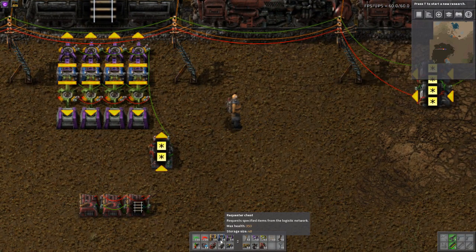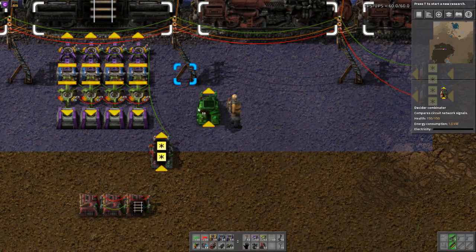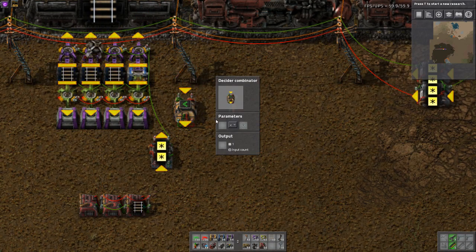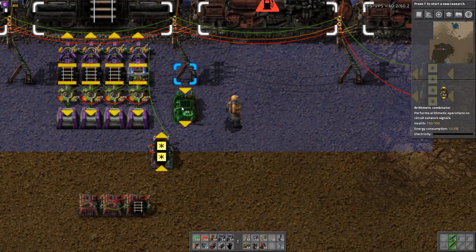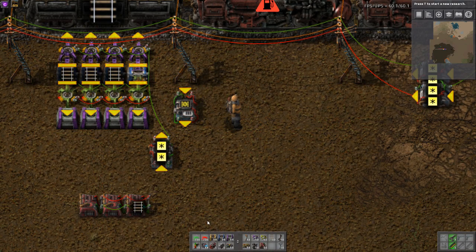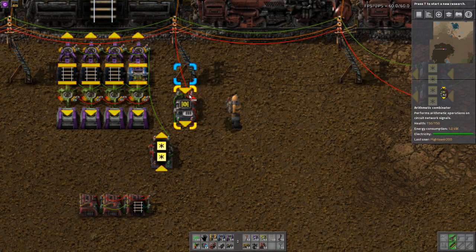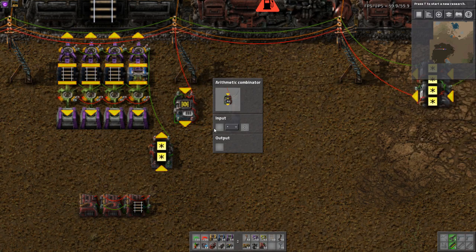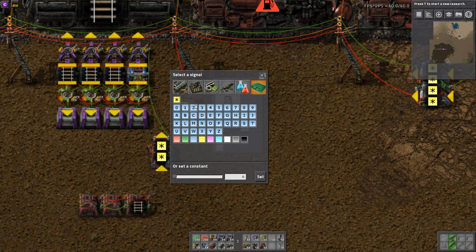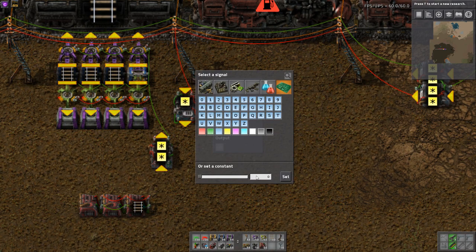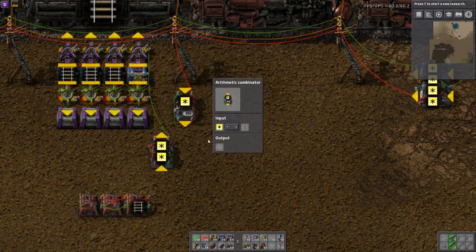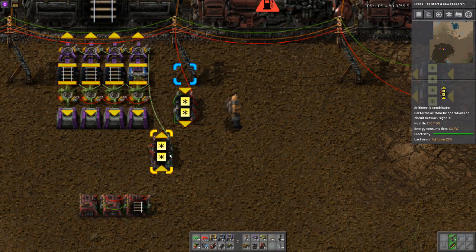We need to know what's on the train, to filter this option. No, the other one. I want to know what's on the train, and remove this from the request. The red one. Input count: input each times 1, because the red Y is already a negative. Output each. So